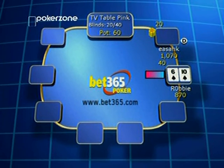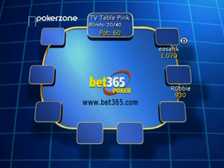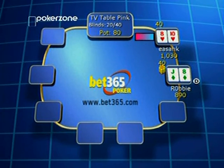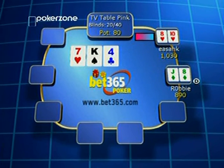2, 4, 20, 40 are the blinds. So they can do this for as long as they want, swapping backwards and forwards. But at some point, somebody will need to take the initiative and make a move. And again, proves a point I was saying a bit earlier on, most of the time you're not going to